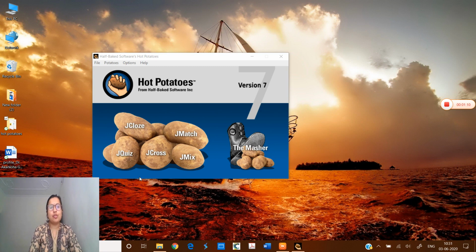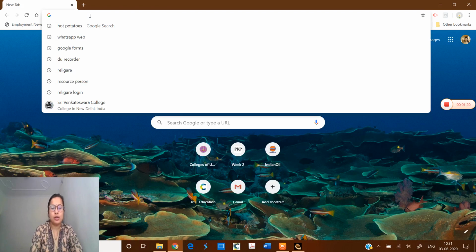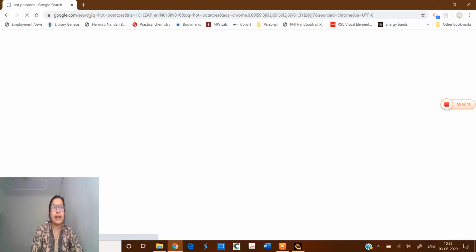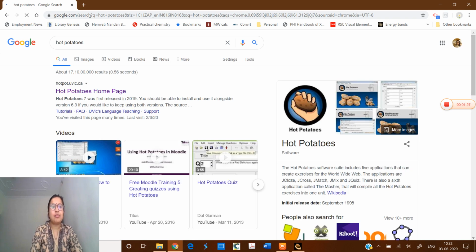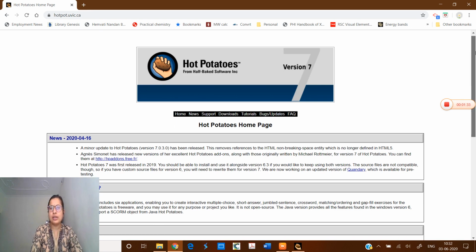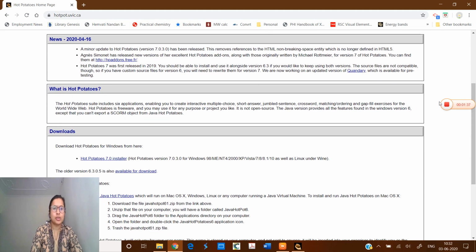So let me show you first how we can download it. To download it, you first have to open your browser. After opening it, you have to type here hot potatoes and then press enter. After entering, you click on this Hot Potatoes homepage, and on this website you have to scroll down a little bit, and in the third option here you can see the download option.